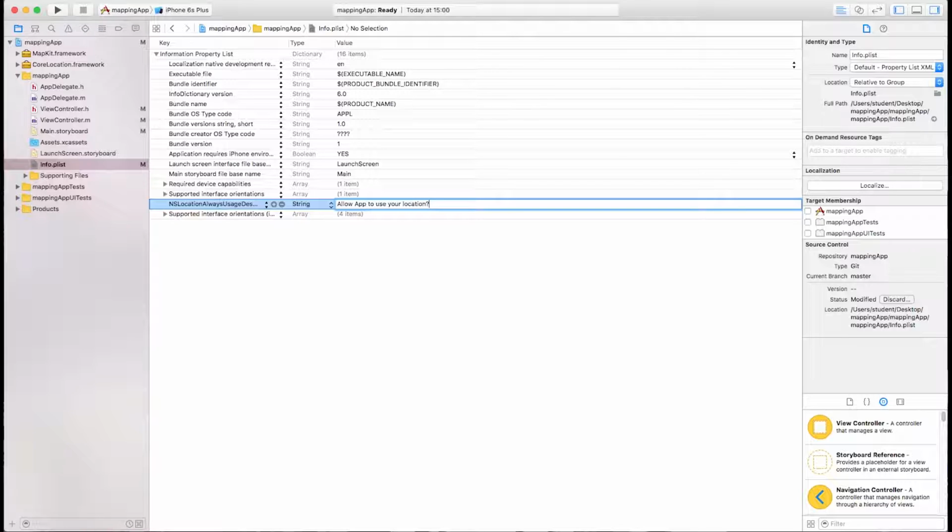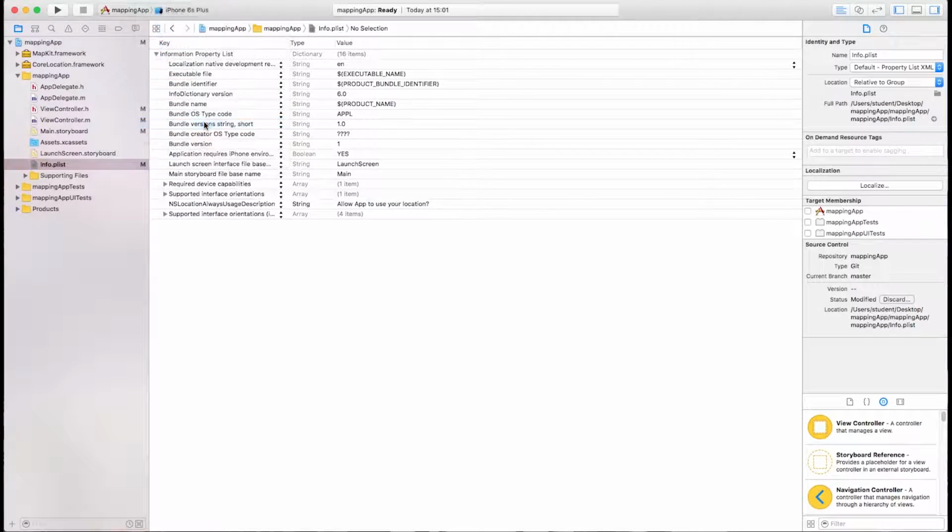Obviously this is put in there to stop people creating apps which spy on people unnecessarily. So in order to be able to access any of the information on a device, the user has to OK that usage. So what we're going to do is simulate this in an iPhone